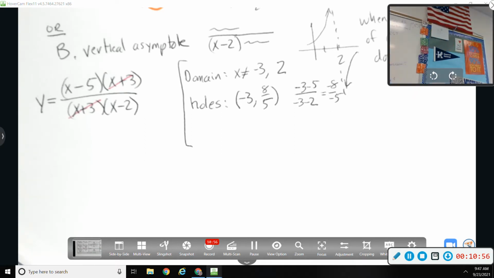So 8/5, that's the y-coordinate of the hole. That would be kind of a pain to graph, but 1 3/5, we could figure that out. So holes are a little different because,